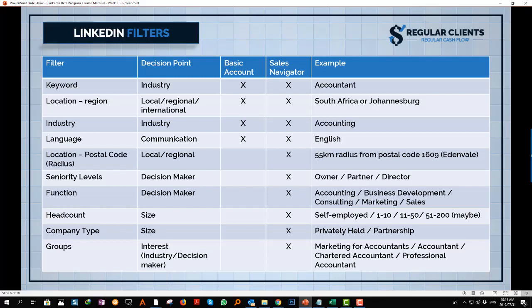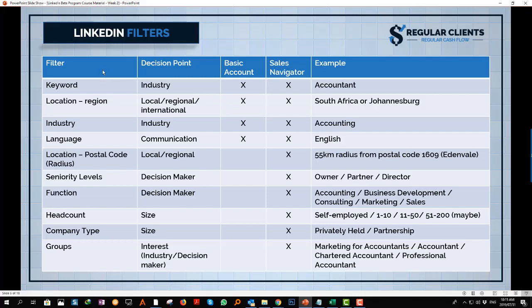And then what I will also do is I will upload, a little bit later on after the webinar, when I upload the recording for you, a worksheet on this so that you can pre-prepare when you're actually finding the people that you want to connect with. So you can see on this little worksheet that we've got 5 columns. The first column is all about the filter that we get to use, right? So the filter that we get to use is